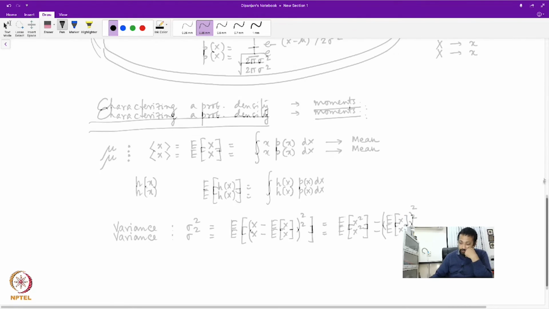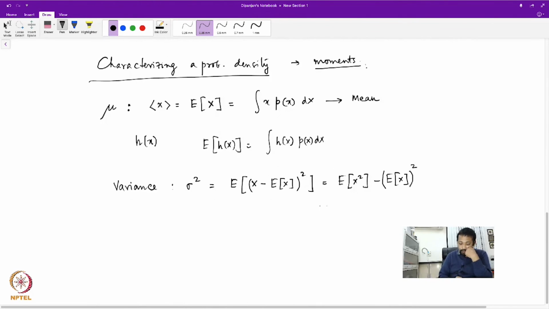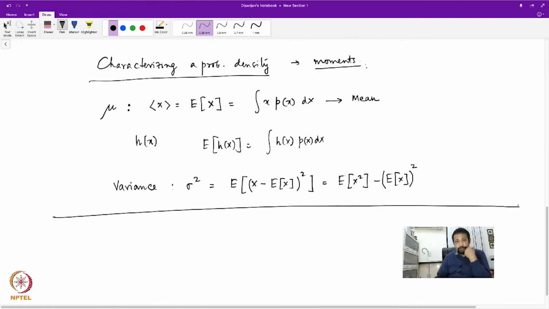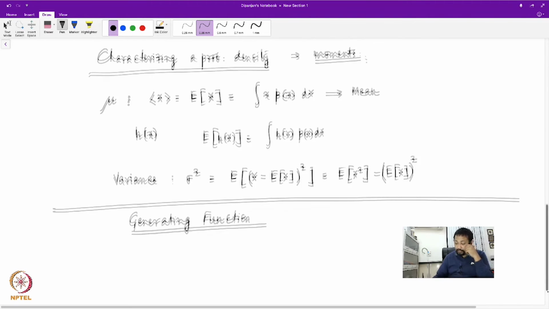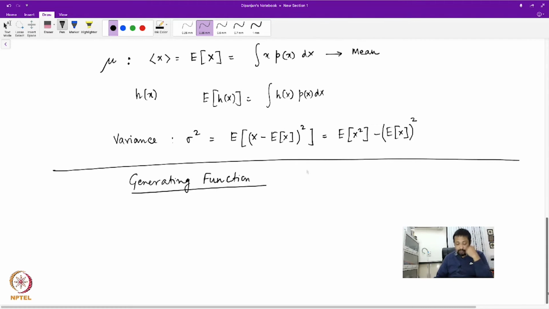So instead of continuing this further, I want to introduce something now which is very interesting and extremely useful, what is called a generating function. And you will immediately see how useful this quantity can be. But in general, if I have a sequence A0, A1, A2, all the way up to AN,